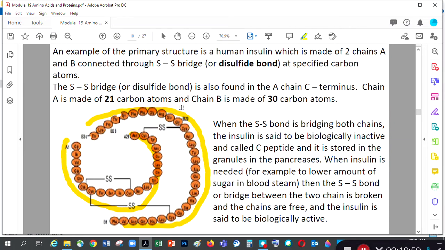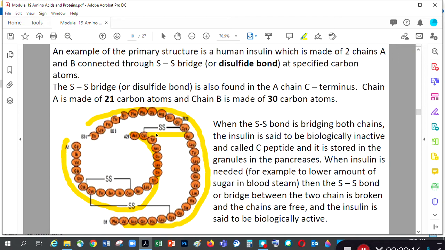And B is made of 30 amino acids, I think. 1, 2, 3, 4, 5, 6, 7, 8, 9, 10, 11. Yeah, it is about 30. And this one is made of 21. Anyway, those chains A and B, B is the longer one in insulin, and the unique thing about them,